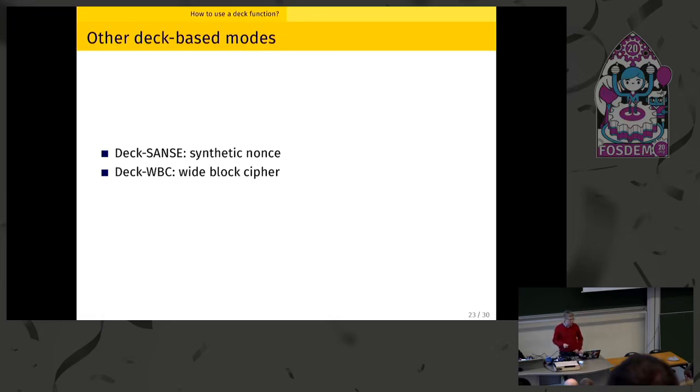And the other one is DEC WBC, wide block cipher. The idea is to achieve authenticated encryption with minimal expansion. If you have plaintext that already contains some redundancy, you can base yourself on this redundancy to ensure authenticity. And maybe you want to encrypt something into something else without any expansion. Because of course, in DeXen, you have this extra tag that increases the size of your cipher. So you have ciphertext and the tag that you need to transmit, so you have some expansion. With WBC, if you have enough redundancy, you can just have your ciphertext whose length is equal to the plaintext, full stop. So that's really a nice feature.